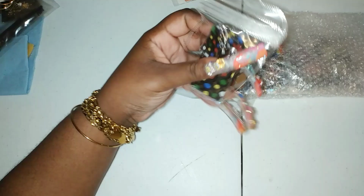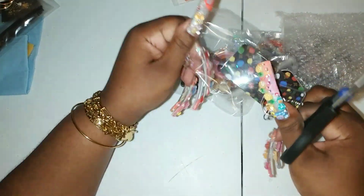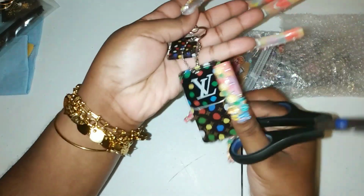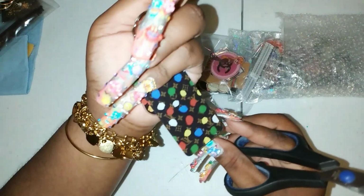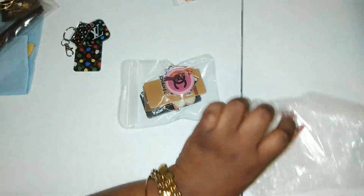Alright, so I had purchased this little keychain because I thought it was cute. It's an LV type keychain. It's from when they came out with that polka dot collection. I just thought this was a cute keychain. And then